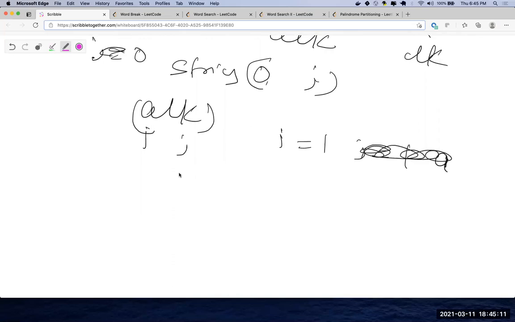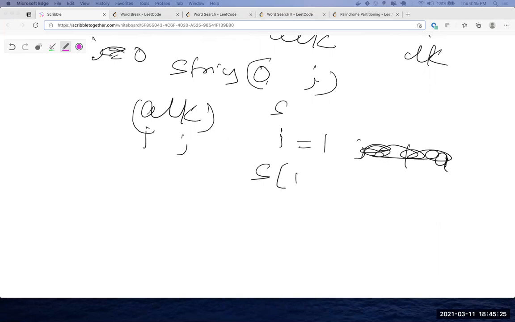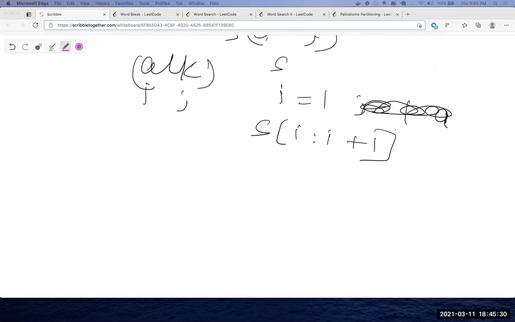If the string is S, then in the brackets you write colon i. Just colon and then i. So your first word is A.